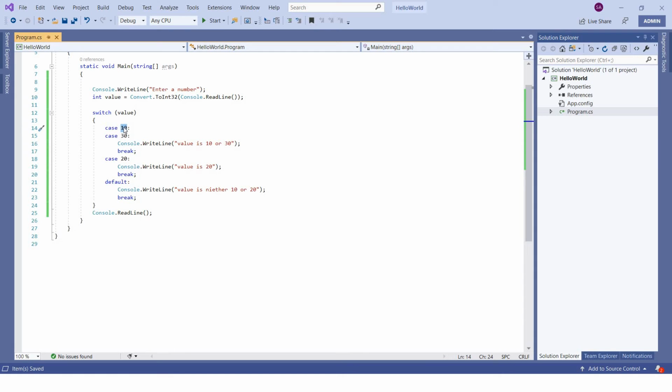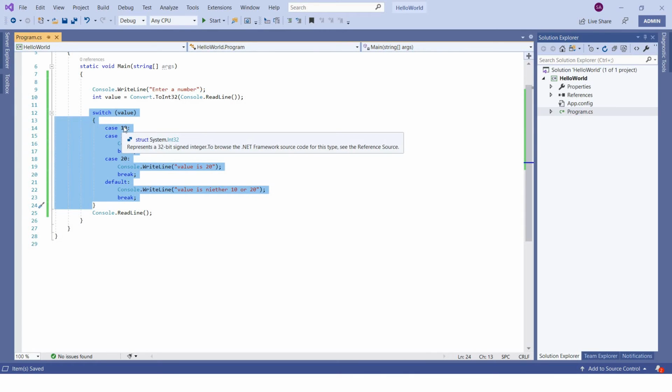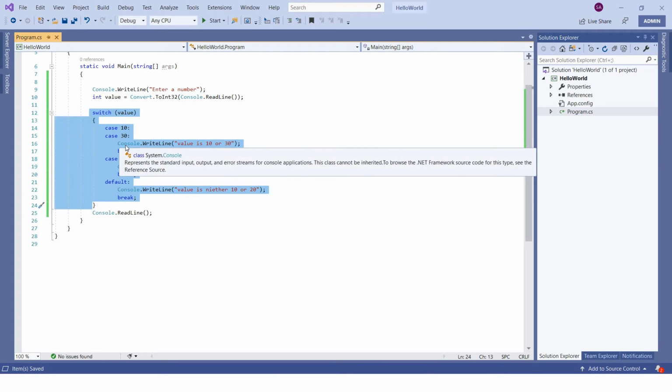Okay, so as soon as you start compiling your code, the switch statement will take these values, and for these values it will create a jump table. In that jump table, you can simply understand that it will have these values and pointers to these blocks.